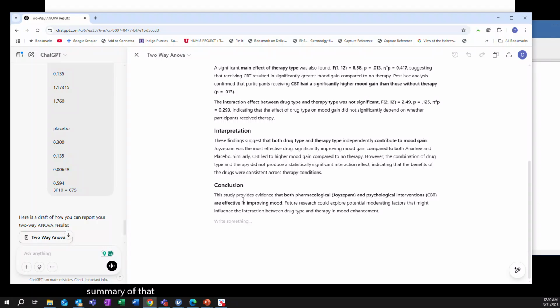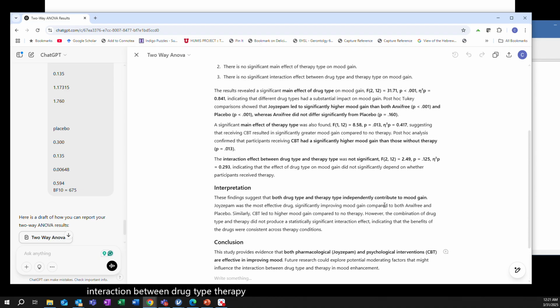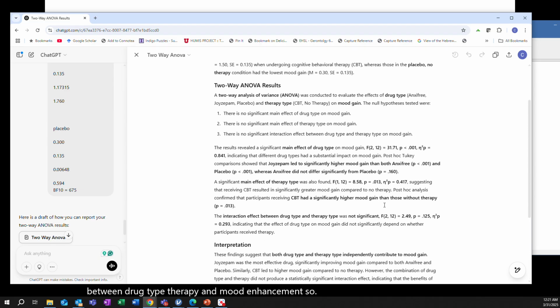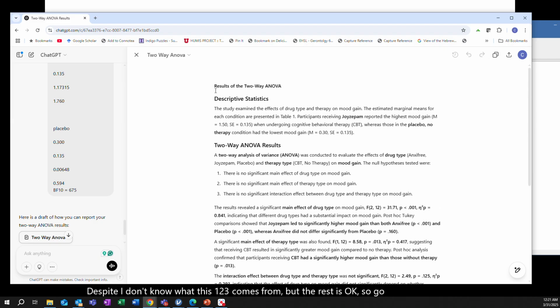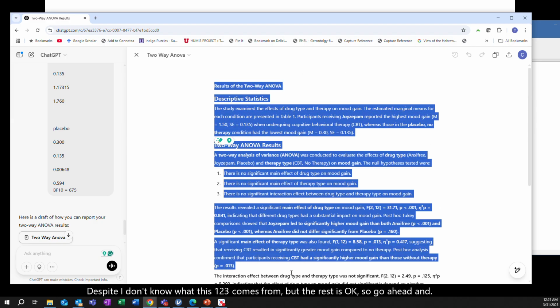This study provides evidence that both pharmacological (Joyzepam) and psychological intervention (CBT) are effective in improving mood. Future research could explore potential moderating factors that might influence the interaction between drug type and therapy in mood enhancement. So pluses and minuses on this one, but despite, I don't know where this 1, 2, 3 comes from, the rest is okay. So go ahead and copy